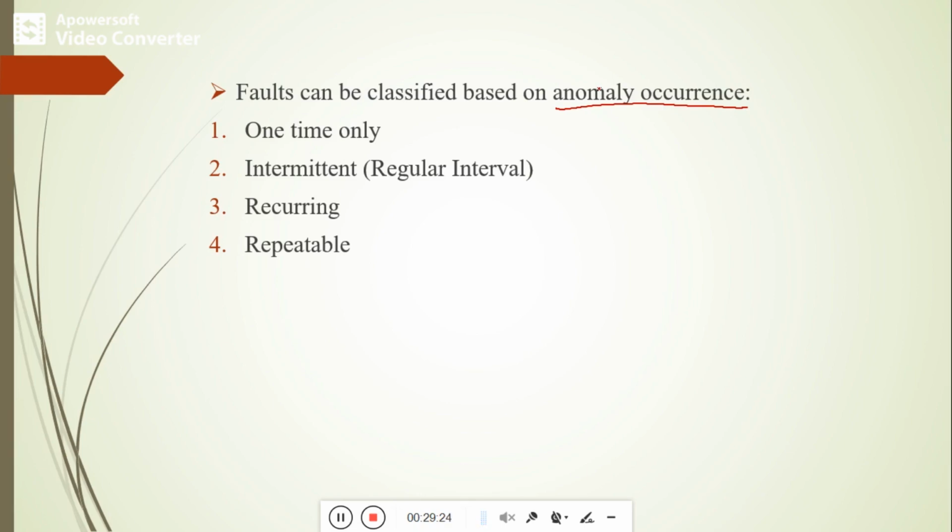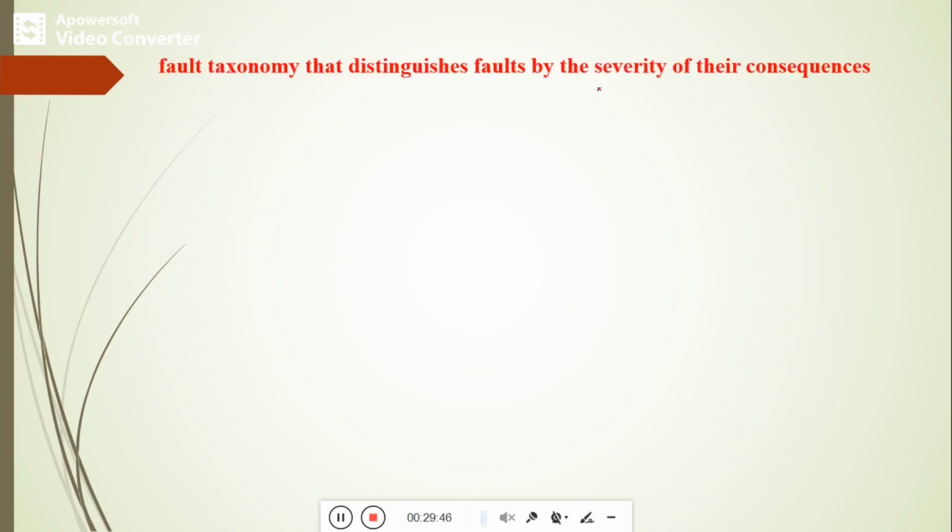Recurring is nothing but the error continuously appearing for the users. Repeatable means the same set of errors repeating in different processing stages. That kind of faults we call the classification of faults based on the anomaly of occurrences.